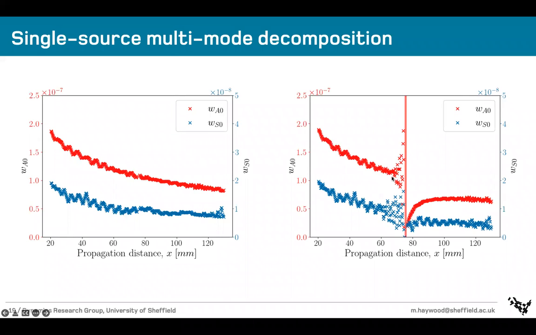We can see the weights themselves become quite noisy when we get close to damage. That shows us that when we are decomposing at a location that is close to the damage, we need to be careful. We need to make sure that we're using signals that are relatively further away from the damage. But one of the nicest things from this is you can see the weight of the A0 mode drops